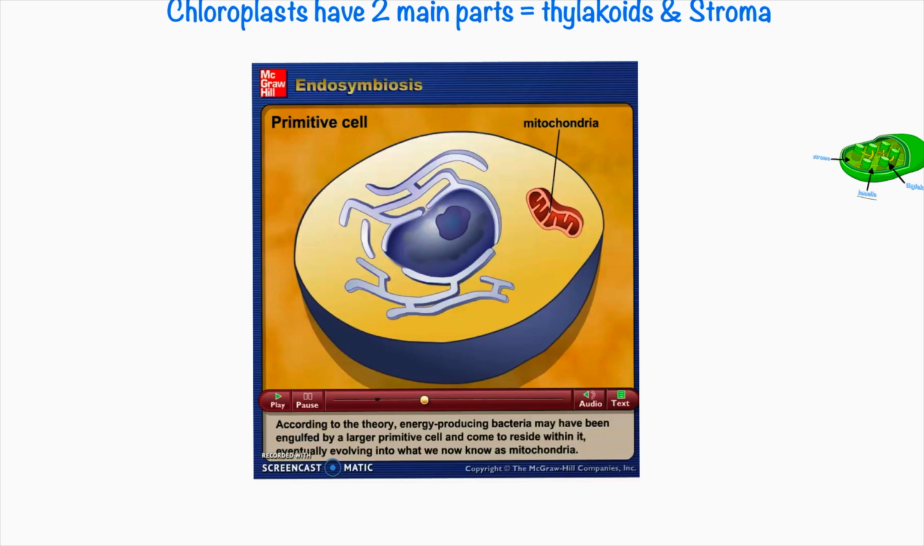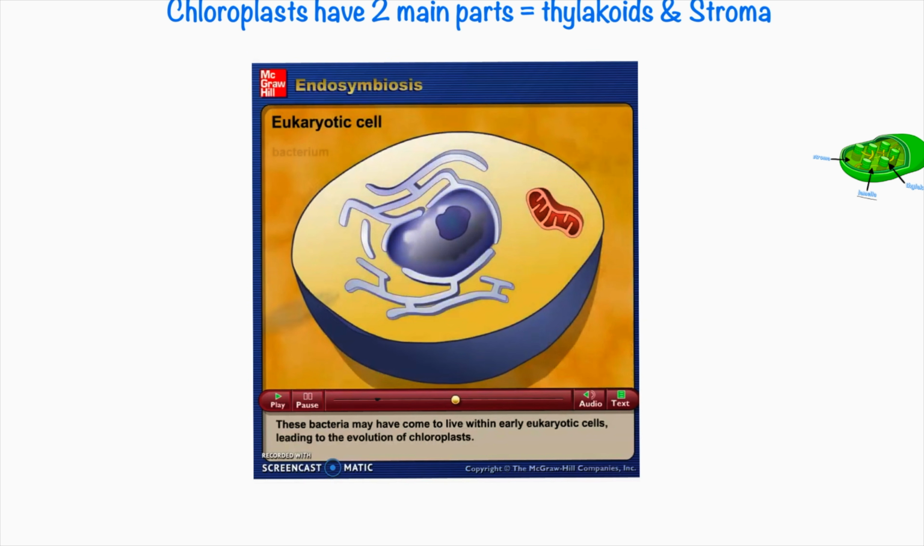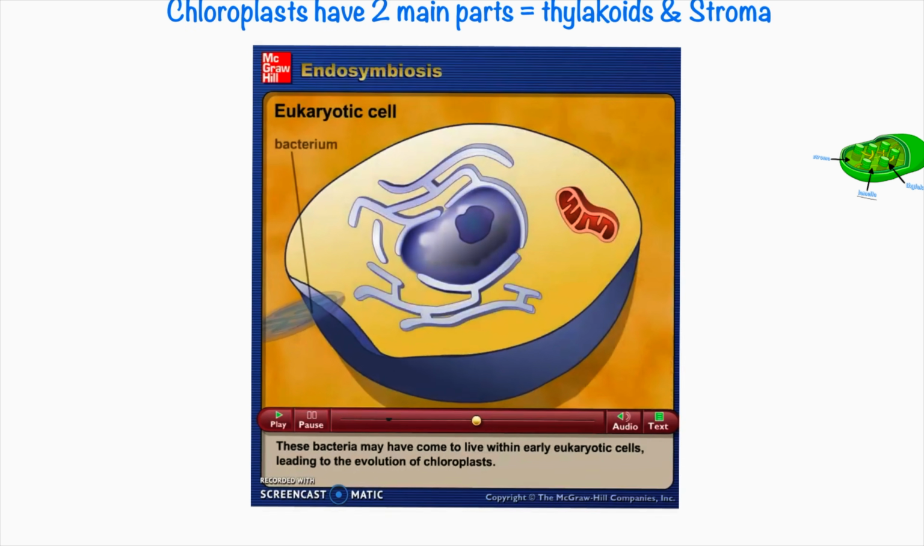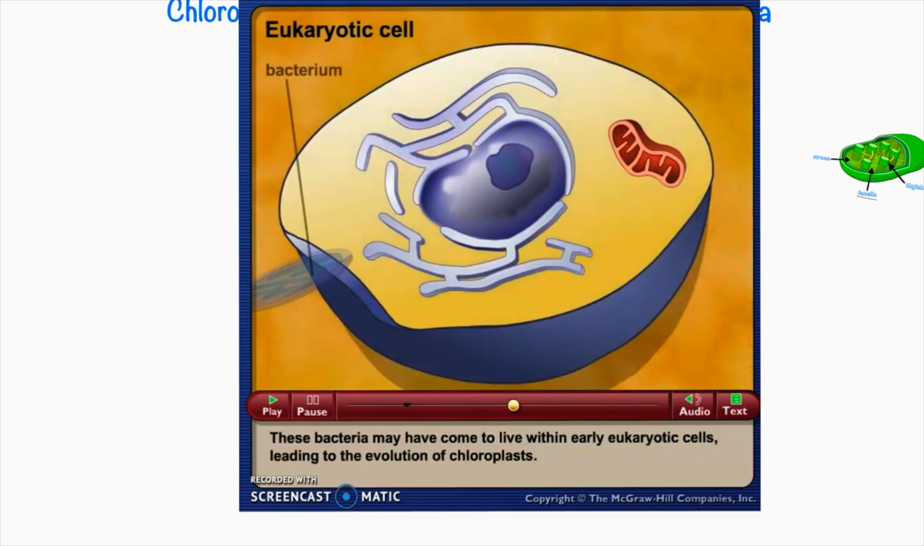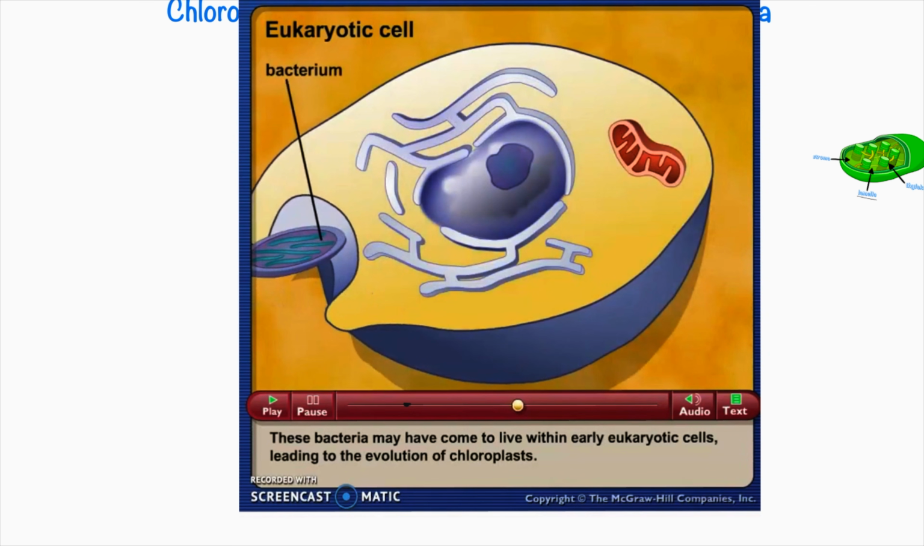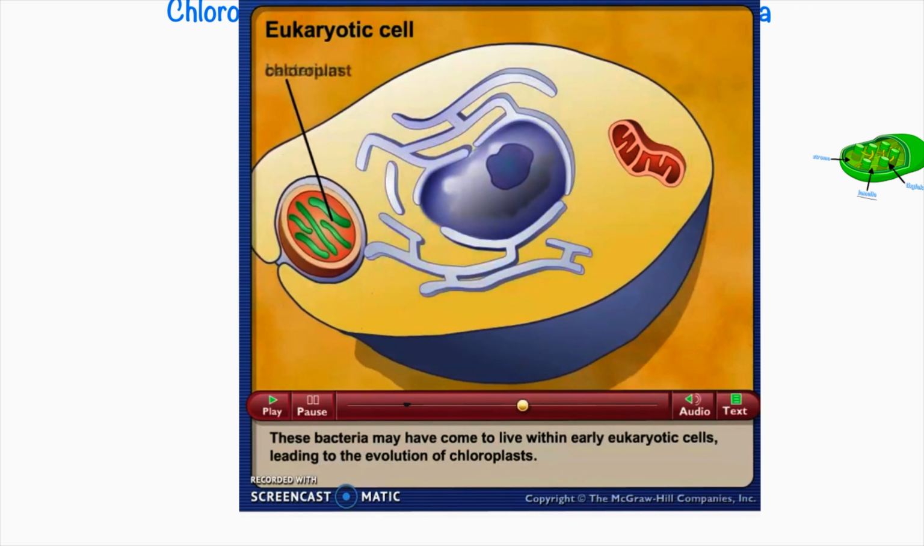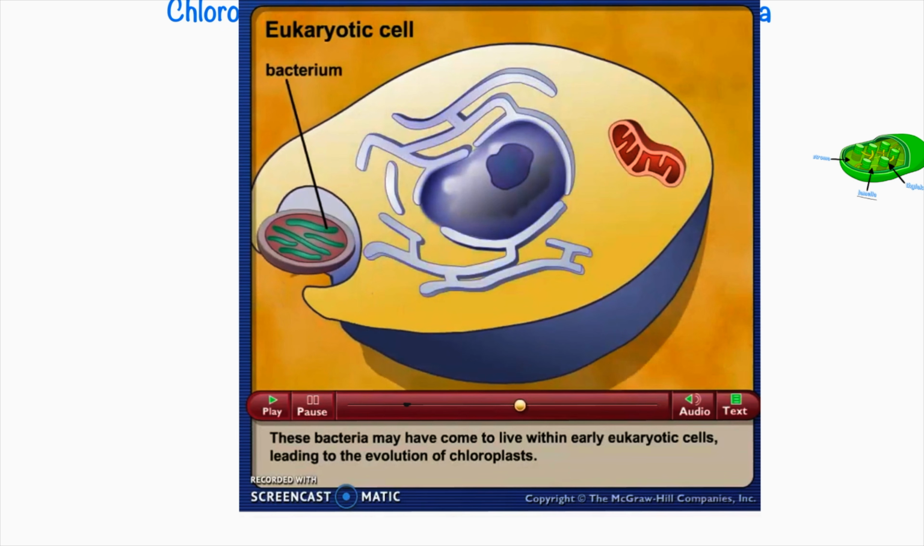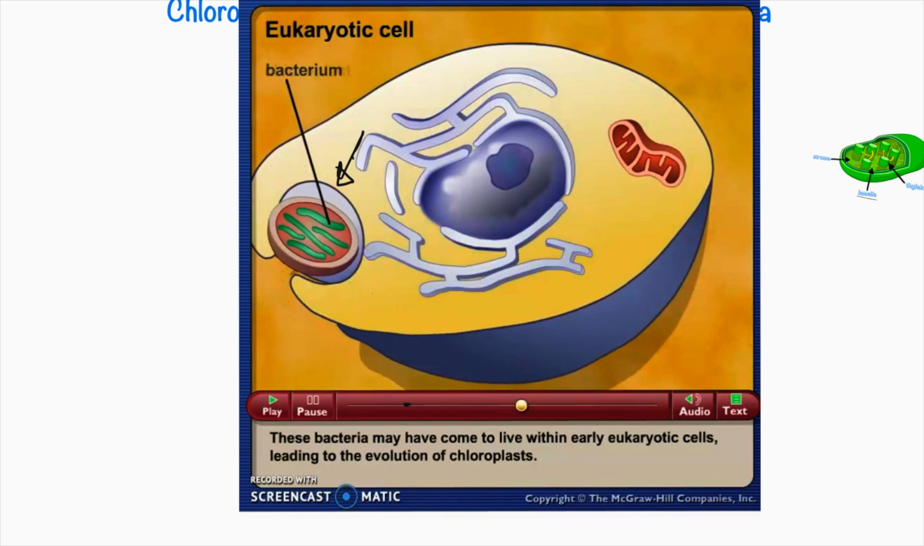So what I have here is a primitive cell, the original eukaryotic cell. This cell has engulfed a bacterium or a prokaryotic organism. Now, this prokaryotic organism turned out to be photosynthetic, meaning it contains chlorophyll. Now, as you can see, the endocytosis of this bacterium ended up forming two membranes, because the first membrane is the one that belongs to the vesicle of the cell, and the second membrane is the actual membrane of the